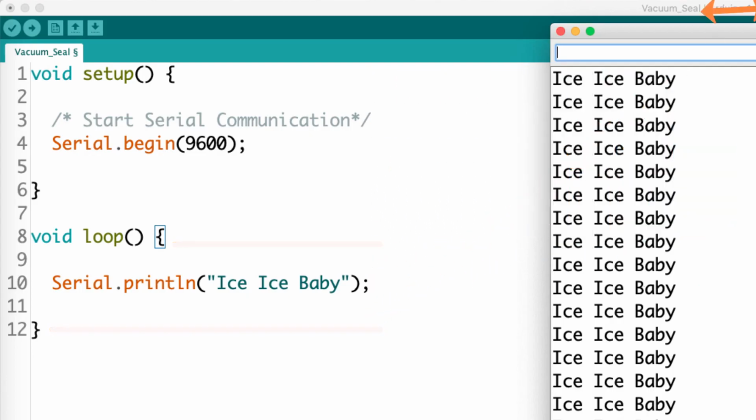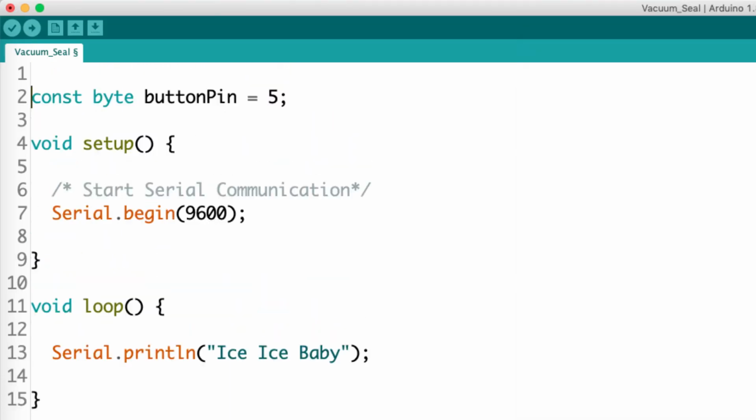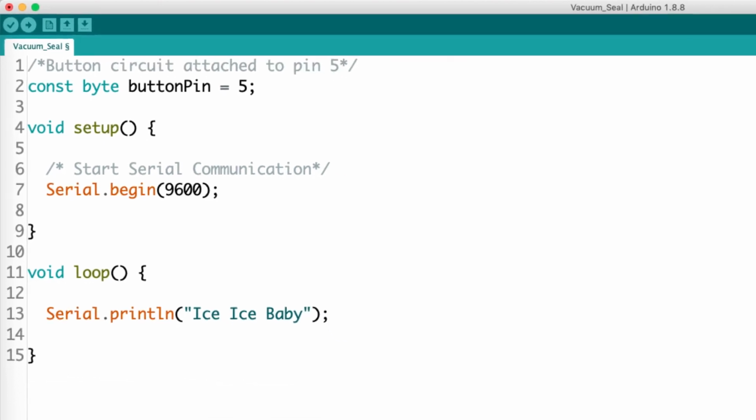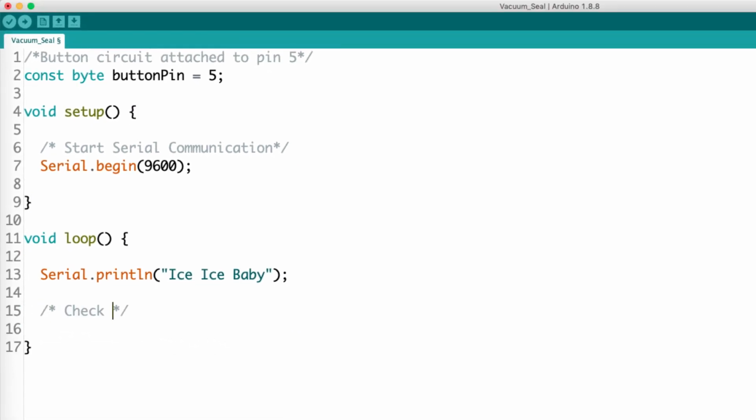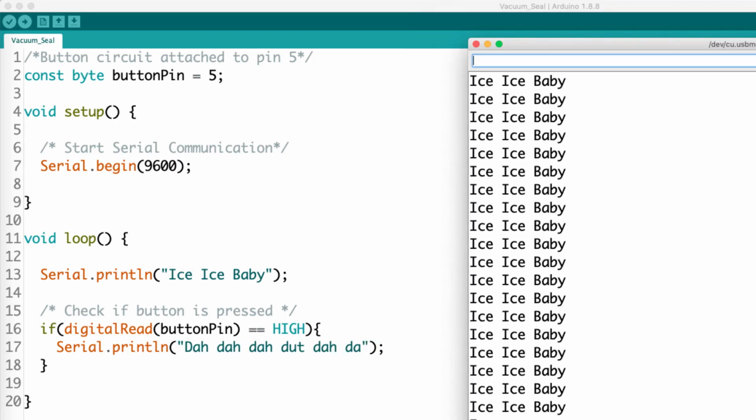So now what I'm going to do is add a little bit more code. I'll have the program check to see if a button is pressed, and if it is, I'll have it write something to the serial monitor. So let me do that now. Okay, so I've added some code, I've declared a button, and then I've got an if statement, and we check